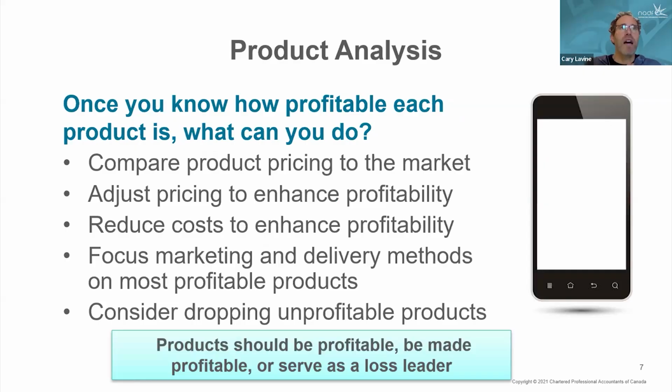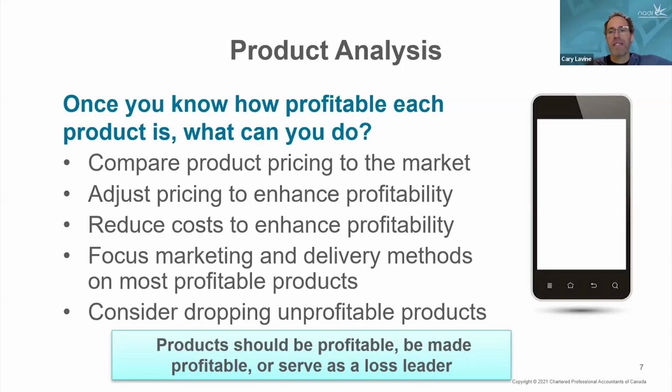Again, more on product analysis. Once you know how profitable each product is, you can do a number of things. You might want to compare your pricing to the market. And these days, obviously, a lot of that you're going to look online and see what other people are selling their stuff for. But if you've got a store and there's another store down the street or another store